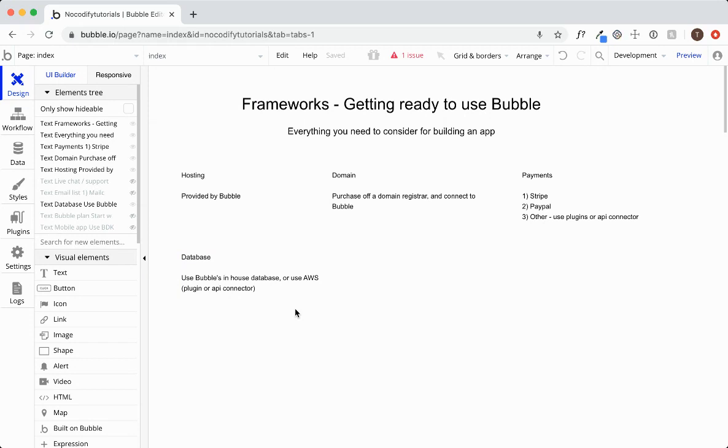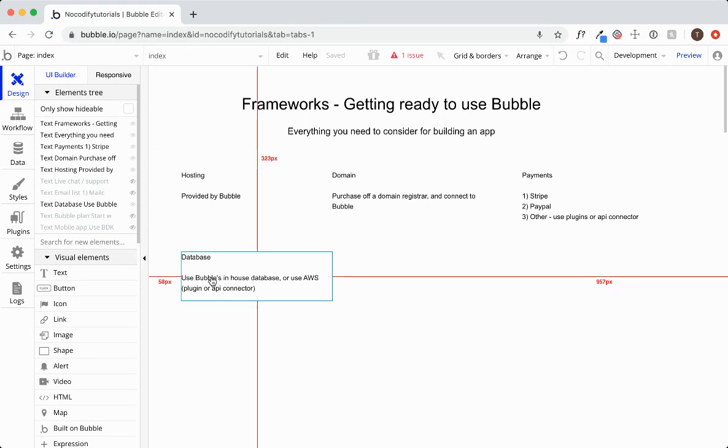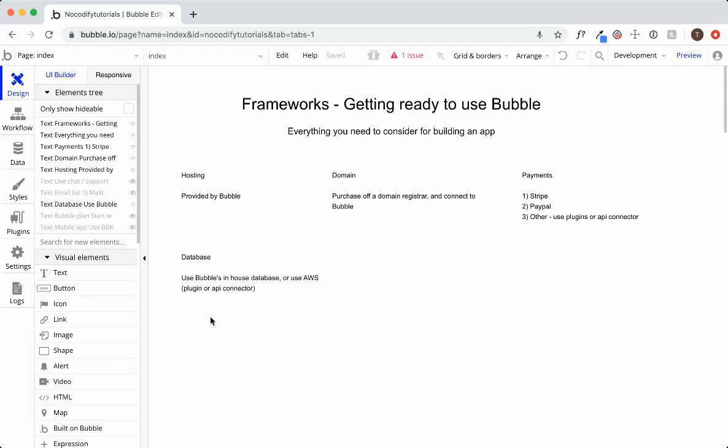So with that, there are plugins, or you can simply use the API connector as well to have all your application storage on AWS. Now, if you're using Bubble's in-house database, it actually is in AWS, but it's Bubble that has kind of created that database for you and has allocated all that space, right? So you don't necessarily know where it's going, but you can set up your own AWS instance and kind of push and retrieve data that way. The only reason we suggest using AWS is if your application will be data heavy, meaning users will be contributing